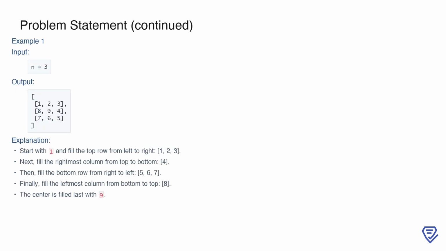For example, if the input is n equals 3, the output matrix will be a 3 by 3 grid, filled in spiral order as follows. The top row is filled first with 1, 2, 3. Then, we move down the rightmost column, adding 4. Next, we fill the bottom row from right to left with 5, 6, 7. Finally, the leftmost column is filled from bottom to top with 8. The center of the matrix is completed last with the number 9. This process ensures that the numbers are arranged in a clear spiral pattern, starting from the outermost layer and working